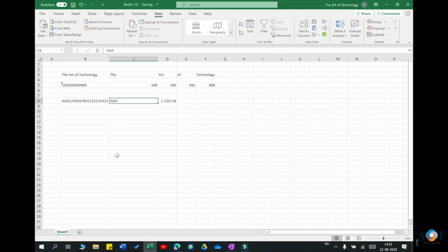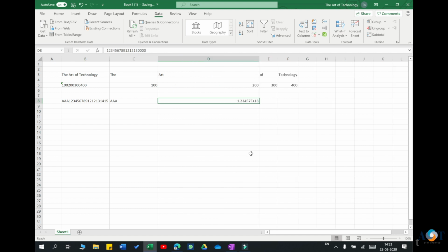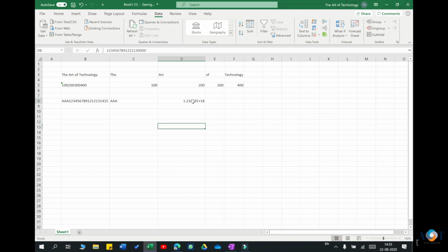My text got separated, but the number value is coming out incorrect. In the General format you will see these numbers and values have changed. Up to 11 digits they come correctly, but after that Excel converts your numbers into wrong numbers.